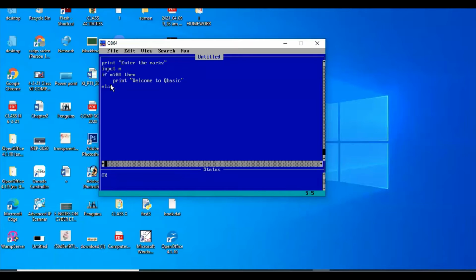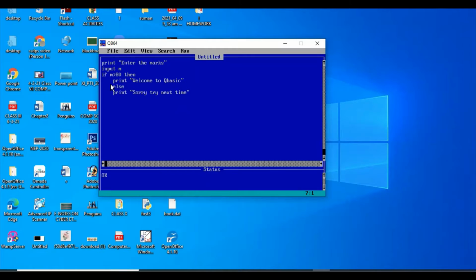Else. Now when else part will run? When condition is false. Print "sorry, try next time". Else वाली statement तब चलेगी बेटा if your condition is false.